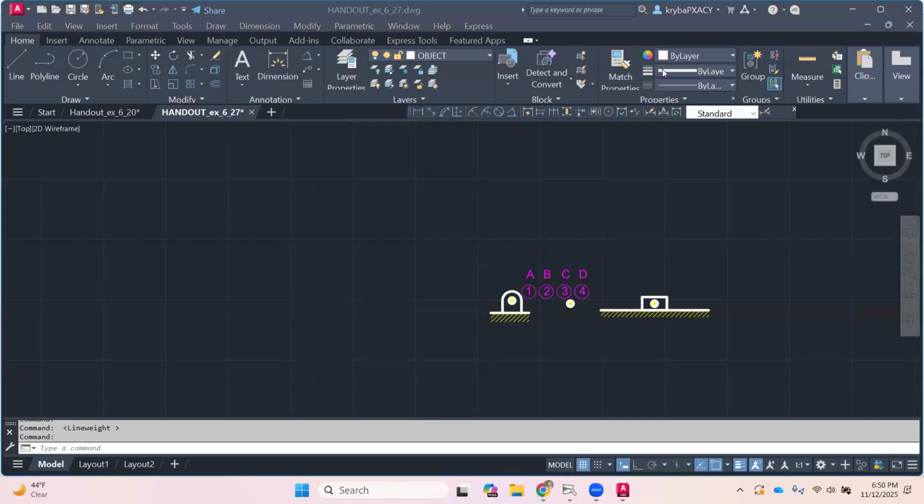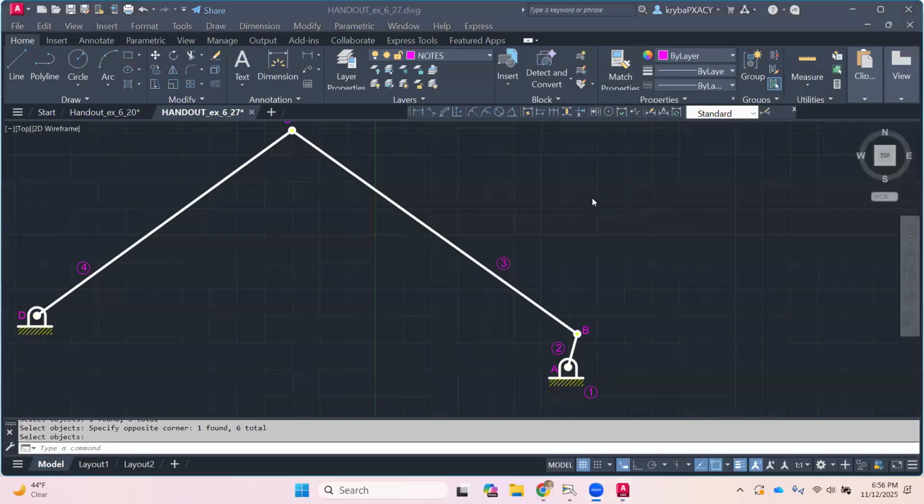What I'm going to do is pause the recording just so that the recording doesn't have all the drawing stuff. And then I'll resume once we have everything in place. Okay, so